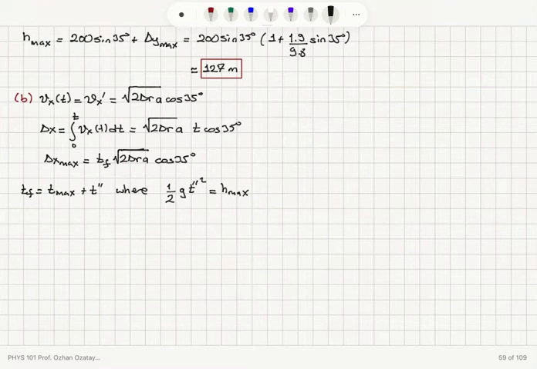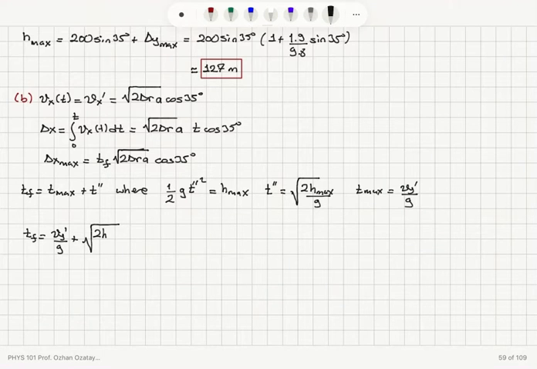So t double prime will be equal to the square root of 2h max over g. And I also have t max equal to vy prime over g. So the fall time tf will be equal to vy prime over g plus the square root of 2h max over g, which is